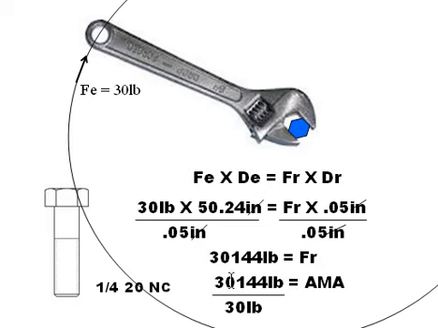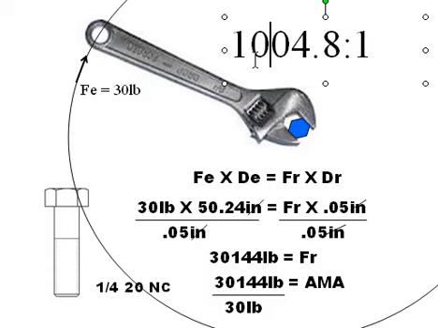AMA is equal to the force of resistance, which we just calculated, 30,144 pounds divided by 30 pounds. And lo and behold, our answer is, ta-da, 1004.8 to 1. Pounds factors out, and we end up with the same calculation that we came up with for IMA,